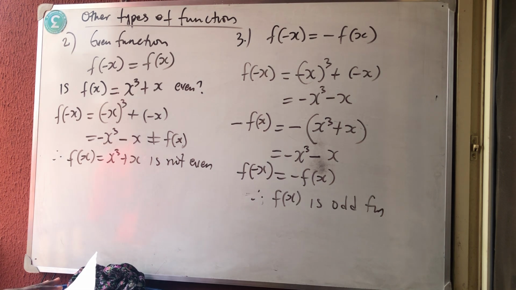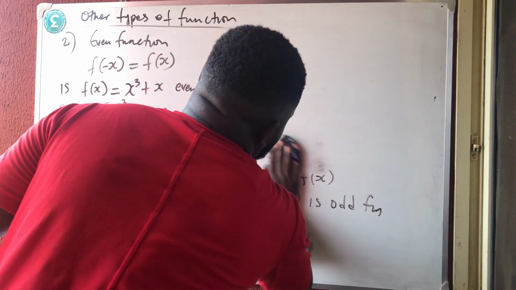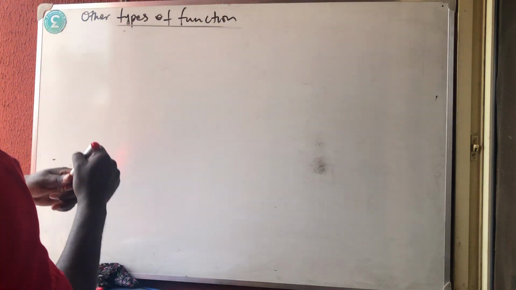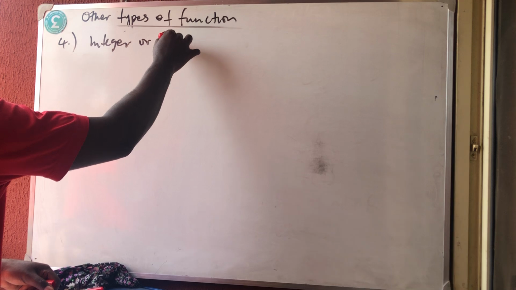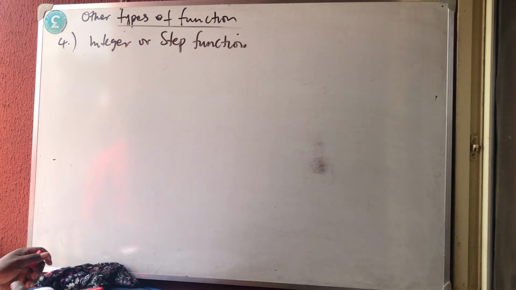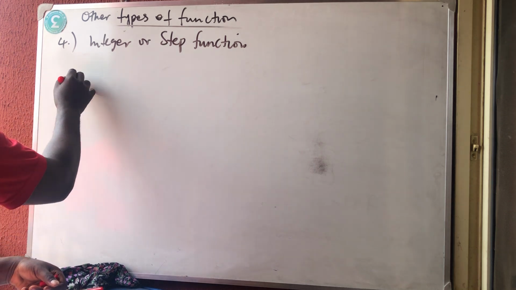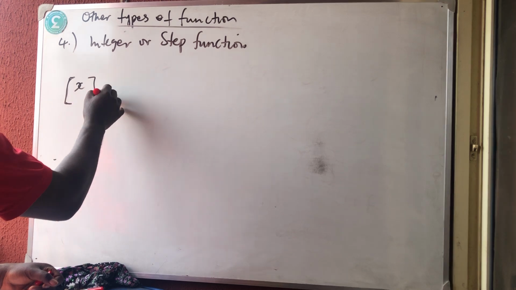Now the next type of function is the integer or step function. Yes, let me not forget that one, number 4, but they don't normally ask that one anyway. Number 4 is the integer or step function. Now, for the integer or step function, they say that an integer function, we represent it with this type of bracket, is equal to